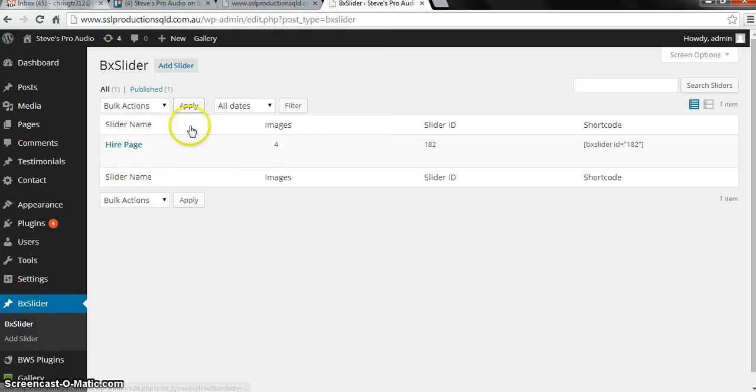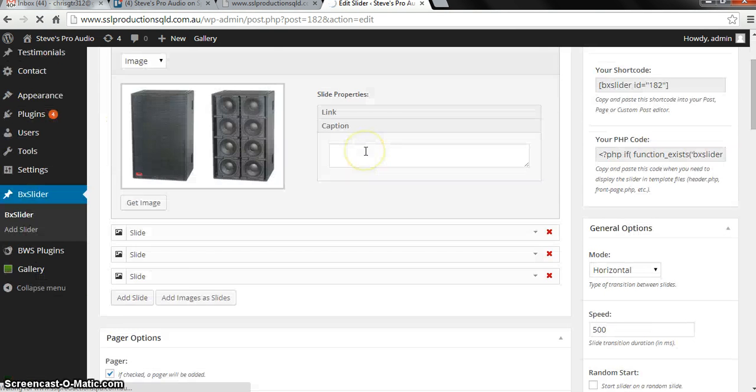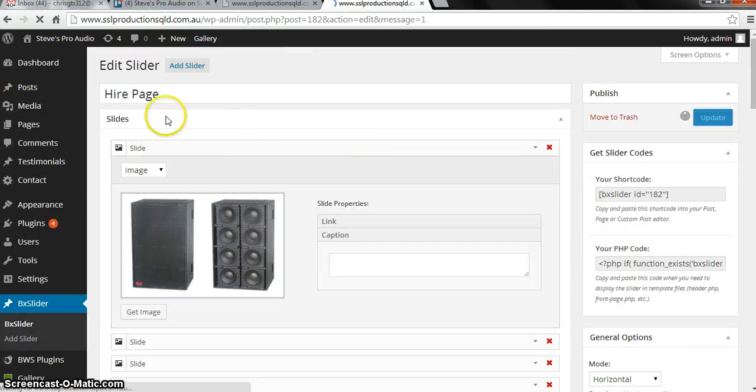If we point our mouse here again, then you will see the edit, quick edit, trash, something like that. First, click the edit for the homepage BX slider. So we're now editing the homepage slider.